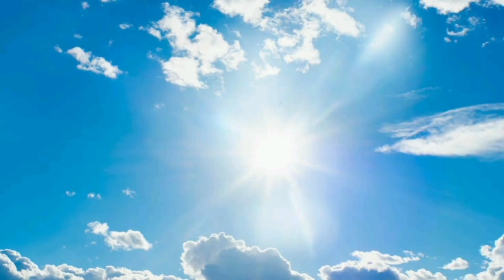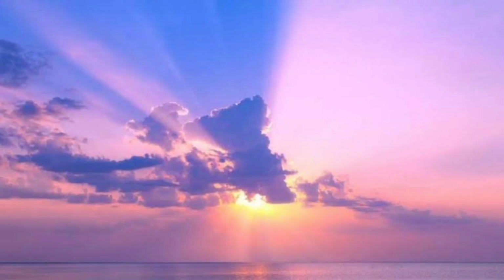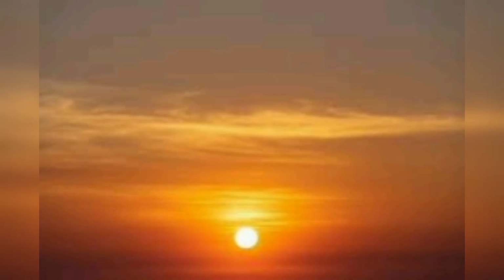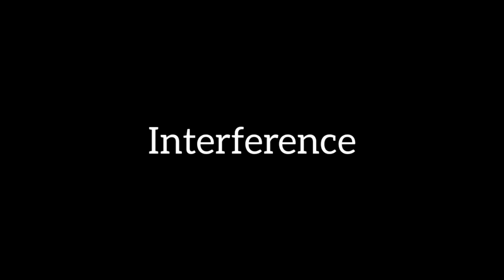The color of the sky is primarily due to a phenomenon called Rayleigh scattering. The Earth's atmosphere consists of molecules such as nitrogen and oxygen, which are much smaller in size compared to the wavelength of visible light. When sunlight passes through the atmosphere, these molecules scatter the shorter wavelengths of light more than the longer wavelengths. During the day, when the sun is high in the sky, the blue light is scattered in all directions by the molecules in the atmosphere. This scattered blue light is what we perceive as the blue color of the sky.